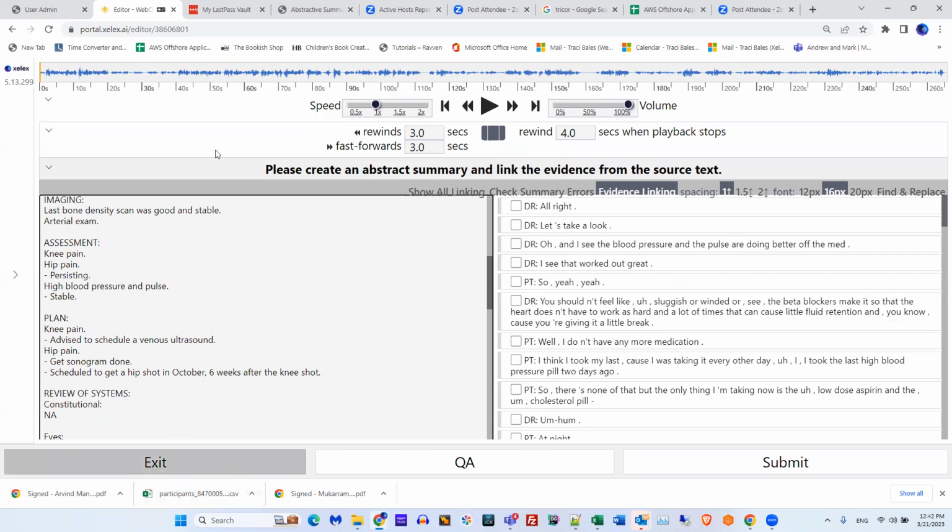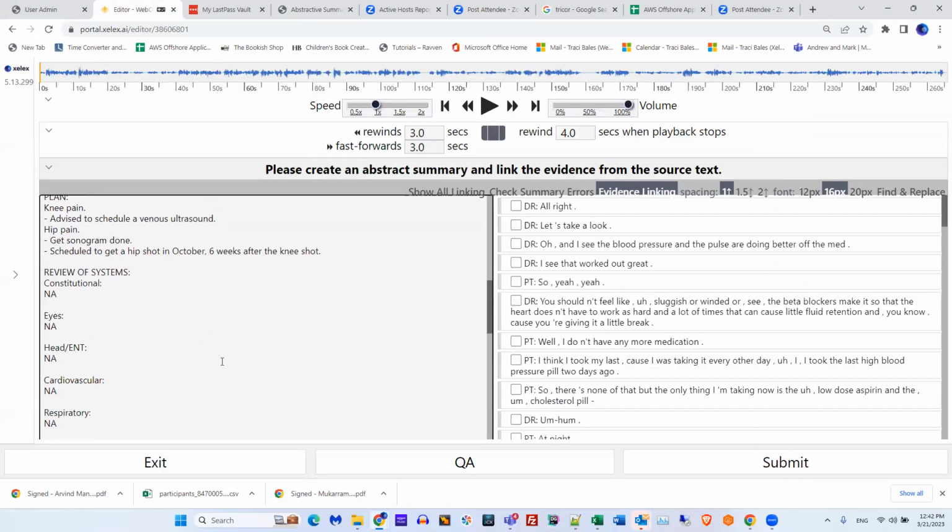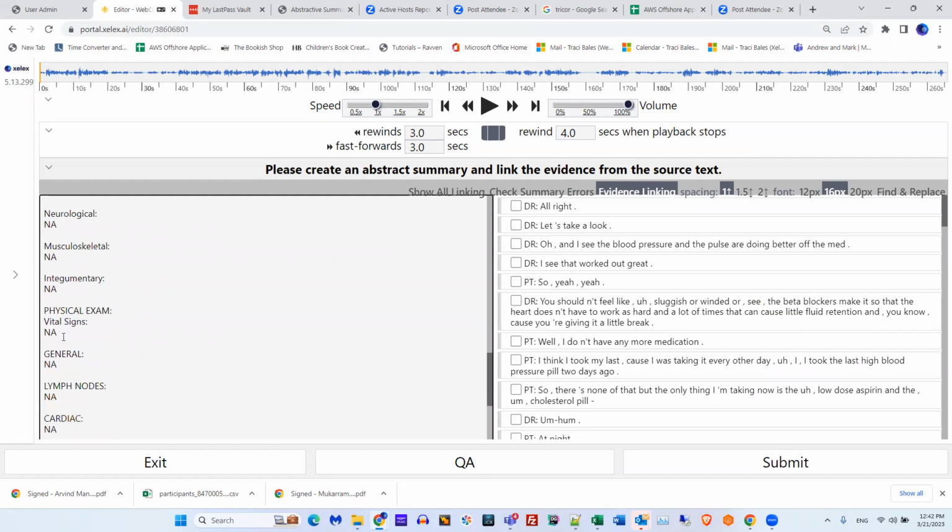Yes. Cool, okay, awesome. Let's look at the guidelines really quick. These are very detailed. Henry asked about the vital signs. So yes, if you have anything under the physical exam or general, like blood pressure, pulse, and heart rate, I would put those on different lines, because the software needs to pull those out independently.